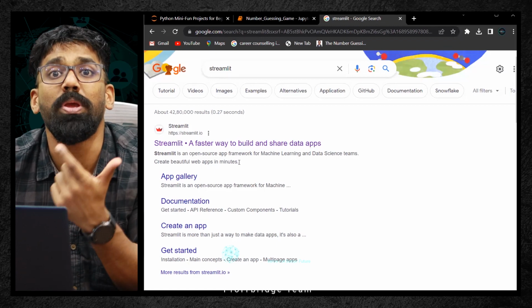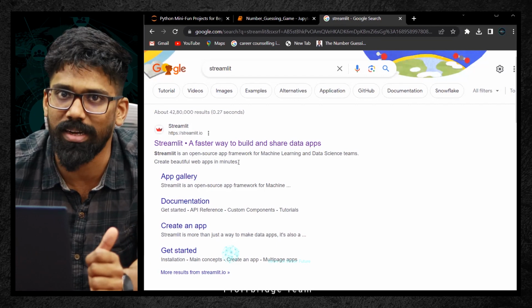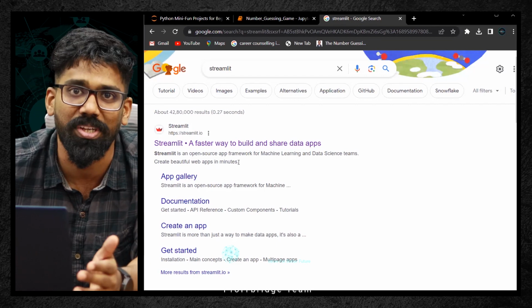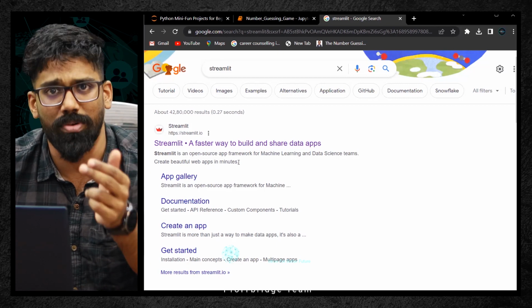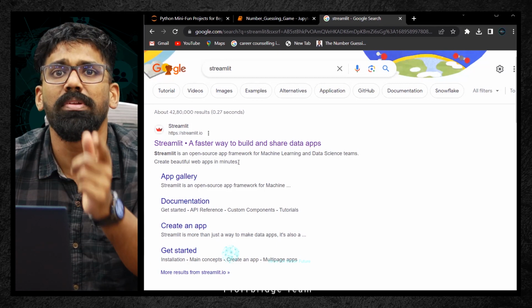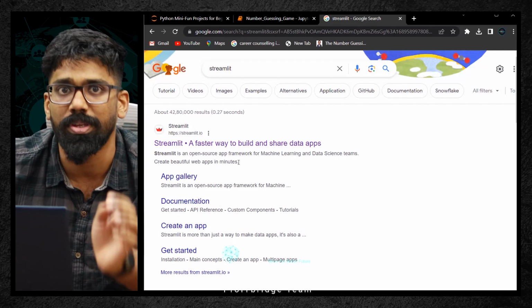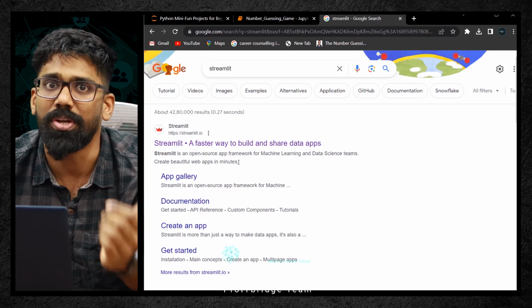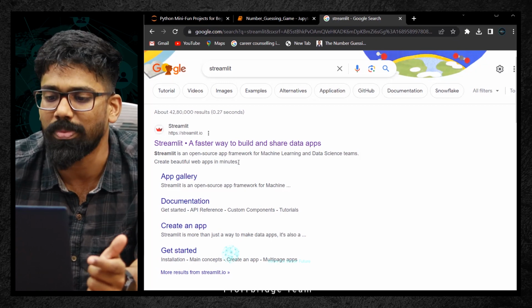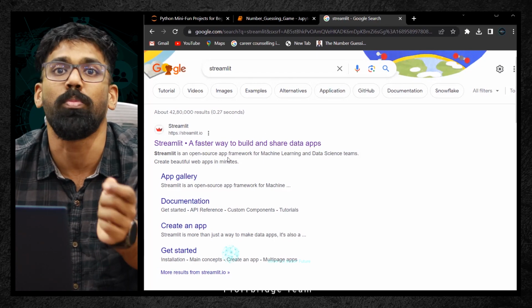And also for POC development, POC meaning proof of concept. When you get hired as a data scientist, or people who are already data scientists, you all know when you approach your manager with a new idea, he will say, hey, come up with a POC. POC means not just your scripts. You also need to deploy it, just a demo launch you need to do. For that purpose this is useful. Quickly you can deploy it without HTML Bootstrap knowledge.